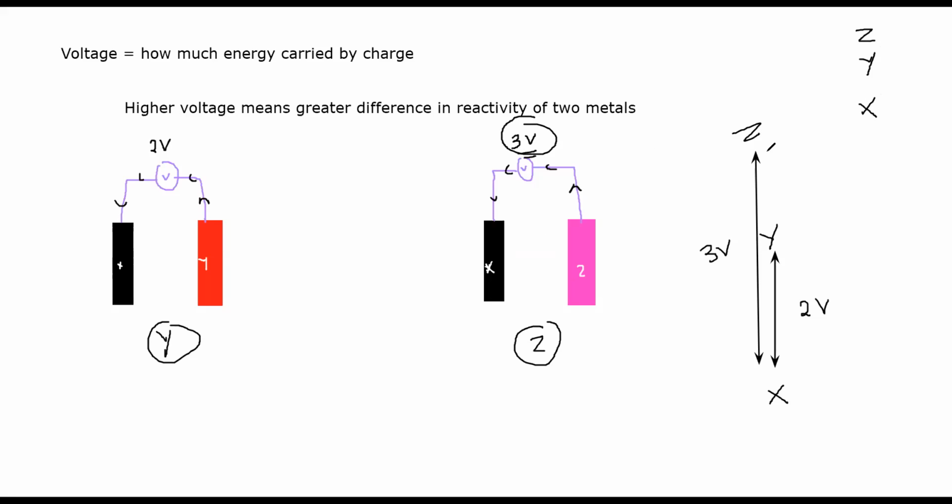But if the question is what is the voltage if I use two electrodes, one made of Y and another made of Z, what will be the voltage produced? It will produce 1 volt, because the difference between Y and Z is, if this total